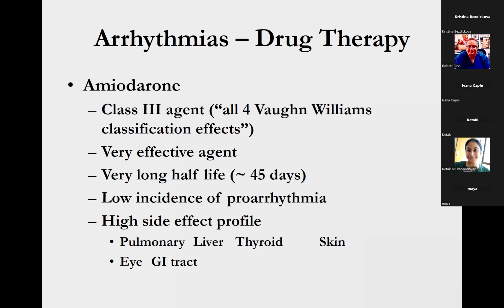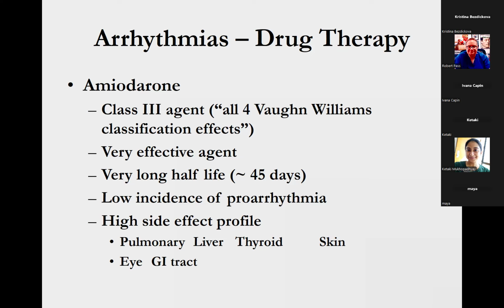However, as you probably all know, there's a very high side effect profile for non-cardiac toxicity. It can cause pulmonary fibrosis, elevation in liver function test enzymes, and can cause hyper or hypothyroidism. It can cause discoloration of the skin, particularly when exposed to bright light. And so we're very aggressive in reminding patients on amio that they have to wear sunscreen at all times in the sun because it can cause a blue-green discoloration of the skin, the combination of sun and amiodarone.